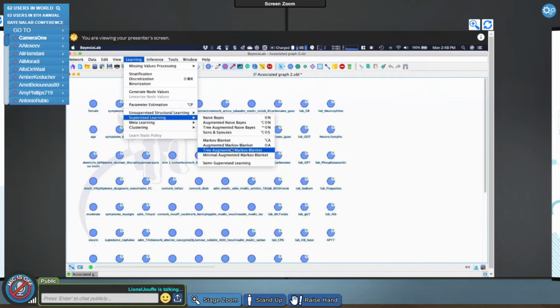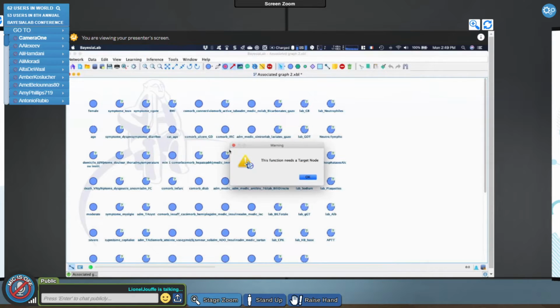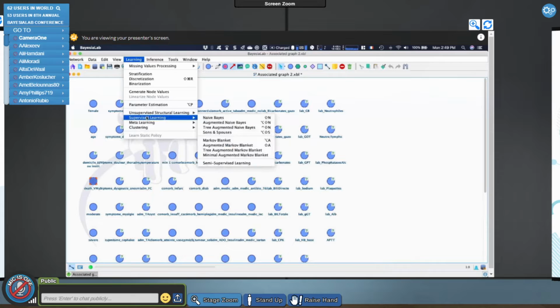This is more or less the same idea as the difference between augmented naive and tree augmented naive. So we are augmenting the Markov blanket, but with a tree instead of just allowing Bayesian to add more than one additional parent, right? So in this case, it will not change anything, because first I need to define a target, and then start learning with that.